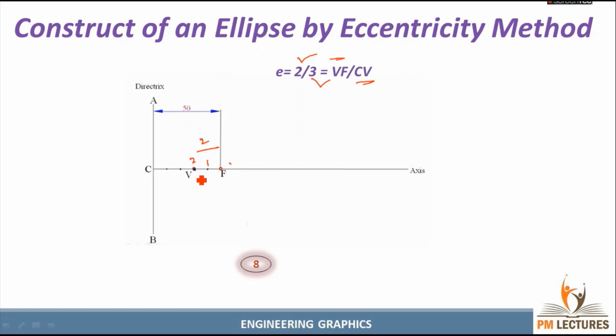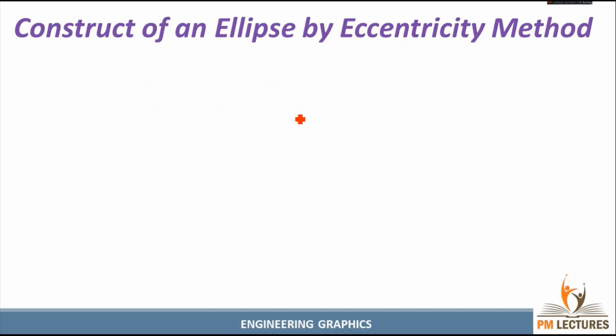If I am going to mark the vertex from the C point, this is my initial point, this is the first and second, this is the 3. So totally from here 3 units. Like this we need to mark the vertex. So you can get the output like this. See, this is the output of our vertex.